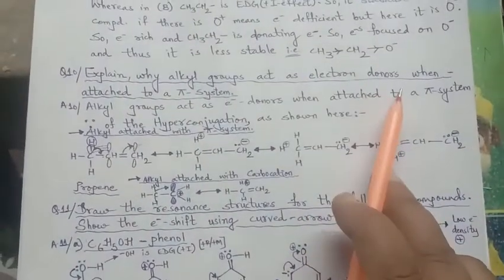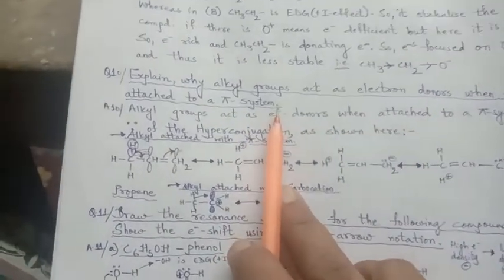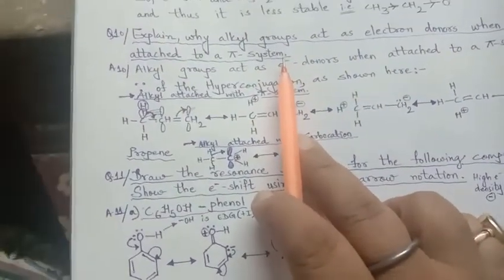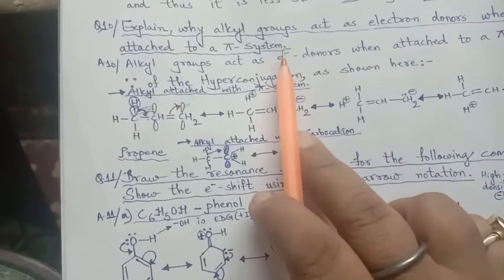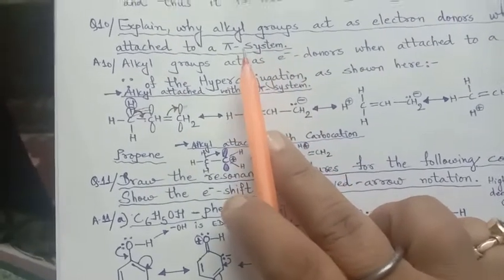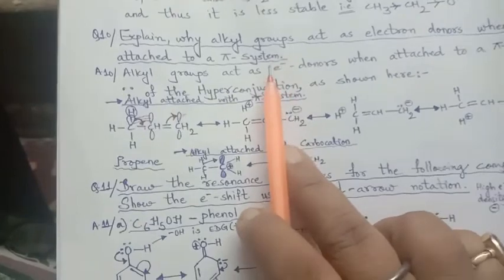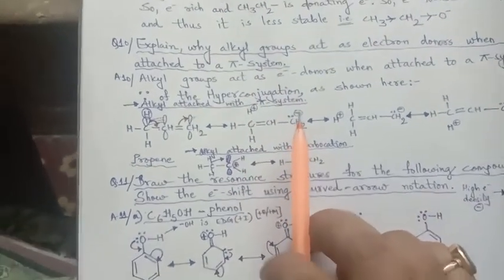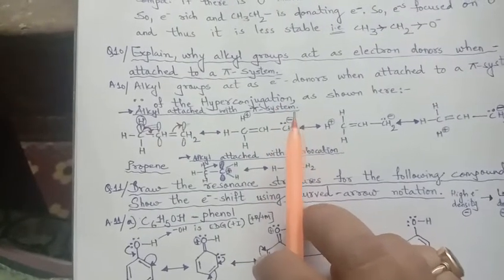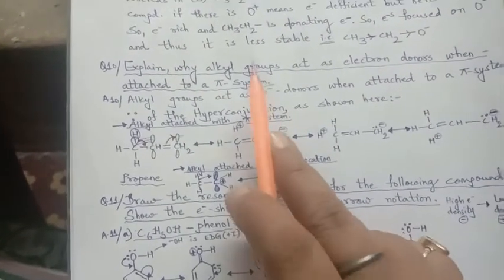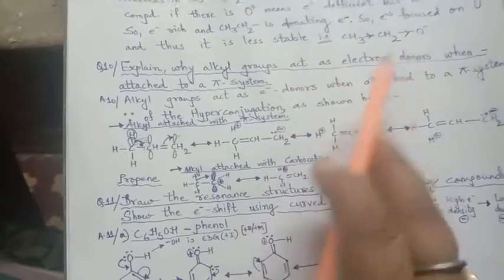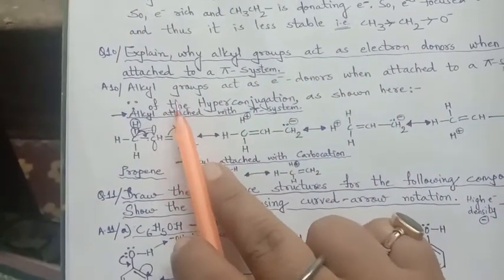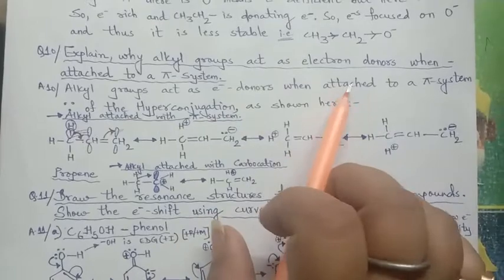Now the next is, explain why an alkyl group acts as an electron donor when attached to a pi system. When an alkyl group is attached to a pi system, that means a double bond or triple bond should be there, and adjacent to it, an alkyl group. That we are supposed to explain. How it acts is given, electron donor, but why? So alkyl groups act as electron donors when attached to a pi system,